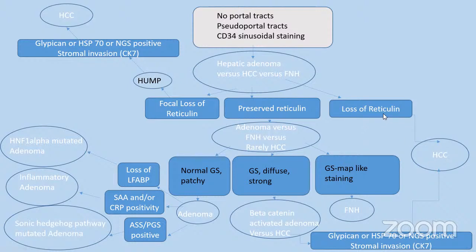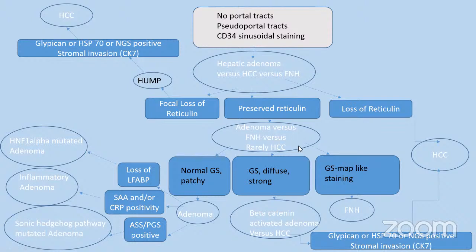Other ancillary stains you can do are glypican 3, where positive helps and negative does not exclude, and diffuse glutamine synthetase and/or heat shock protein 70 positivity. The second scenario is that you have a preserved reticulin. In this scenario, the differential would include an adenoma versus an FNH